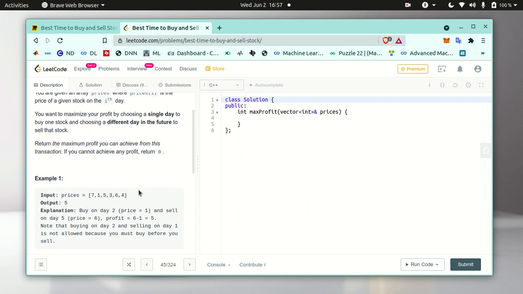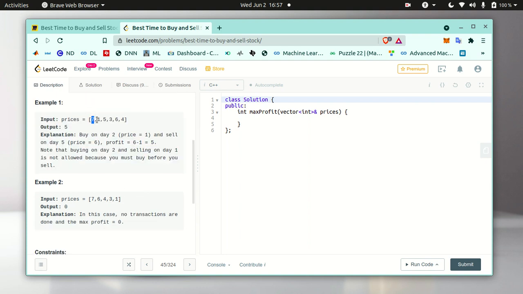So consider this example: 7, 1, 5, 3, 6, 4. This is the given prices array, and if you see that, as it is said here, if you buy in this day when the price was 1, and sell in this day when the price was 6, you are gaining a net profit of 5. Okay,